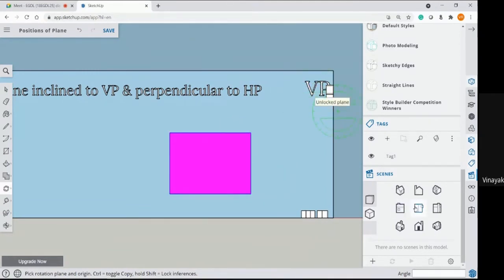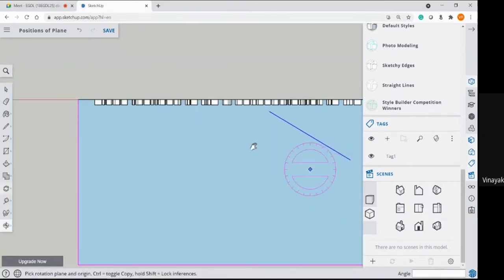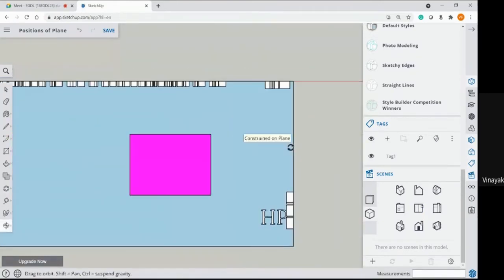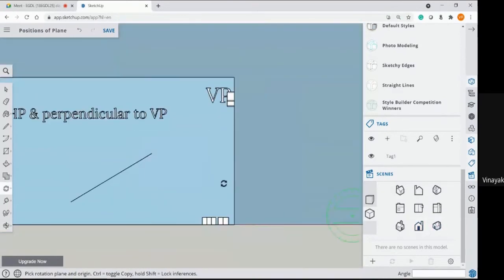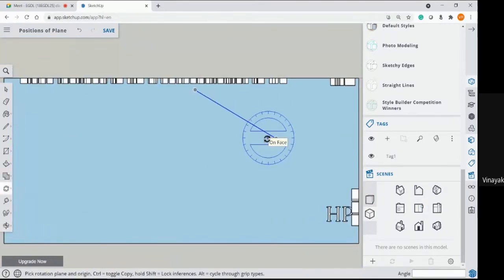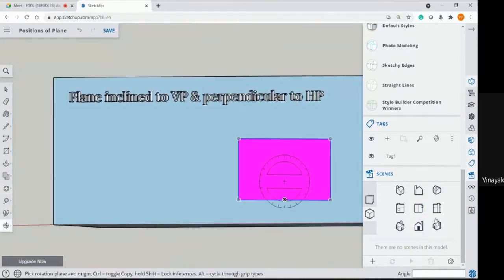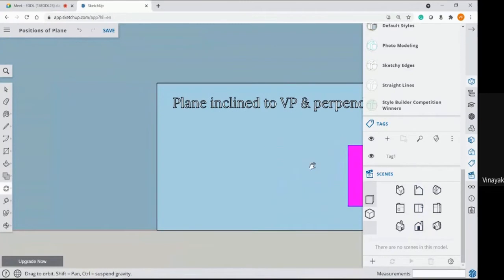And what about the top view? Top view is a straight line. Now you can see a top view and here this front view will be the same.